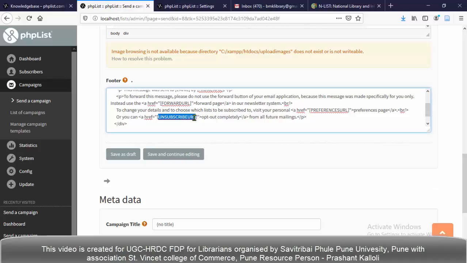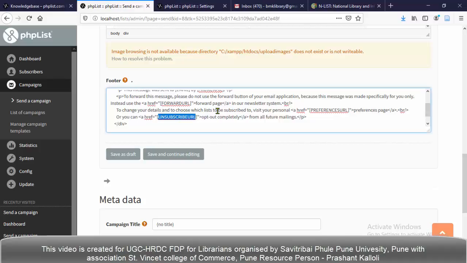This footer message is attached with every email you are sending. If a user wants to unsubscribe from the list, he or she can easily unsubscribe from that mail. Here is that provision. If you do not put this provision, the user cannot opt out or unsubscribe.